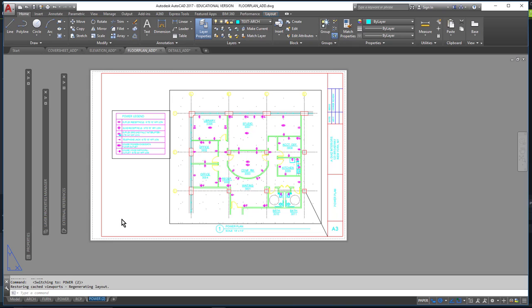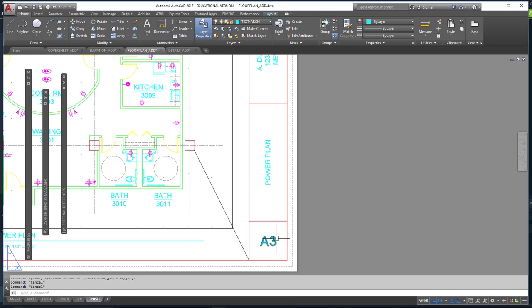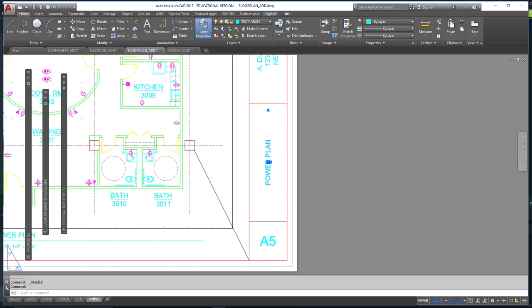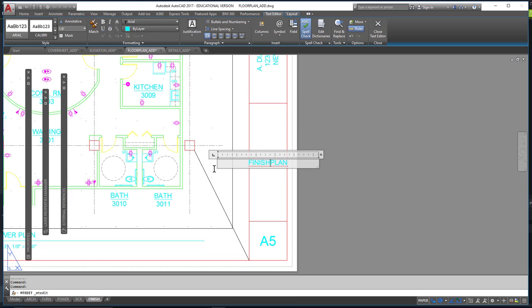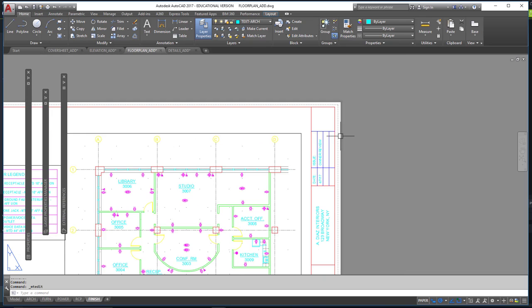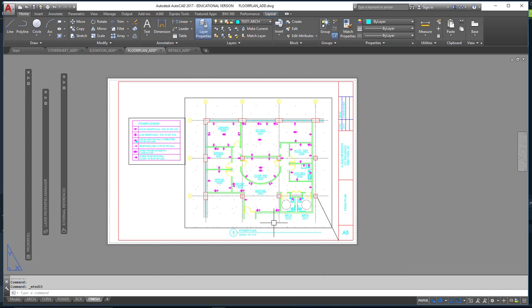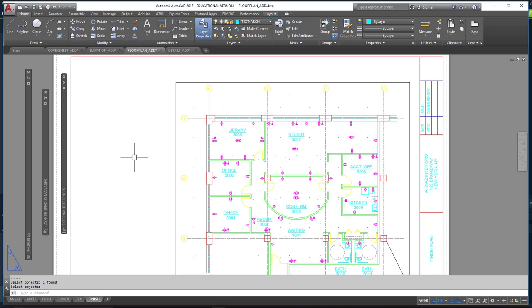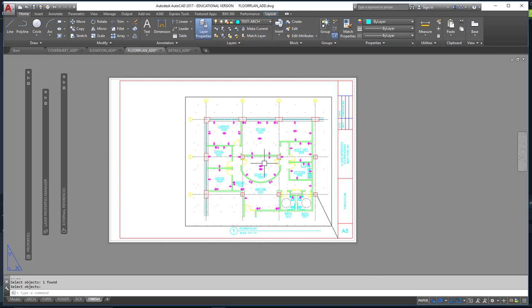I'm going to rename that tab first of all and call this the finish plan. All right, I can make some simple changes in the title block. A5, finish plan, and that's good. We'll worry about the date later. All right, so what I'm going to do here is I'm going to erase this guy. I don't need that right now, but I'm going to